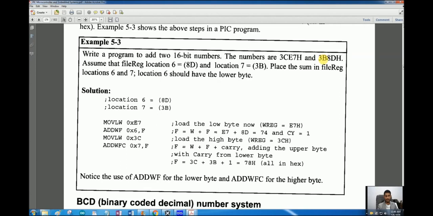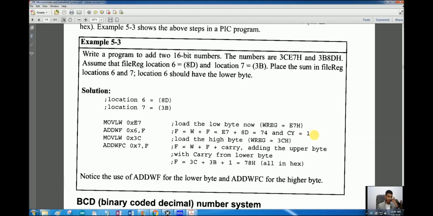The second number's upper byte is 3B, and that is present at location number 7. So we are adding location 7 to the working register with carry: ADDWFC. This C means that we are adding it with carry.